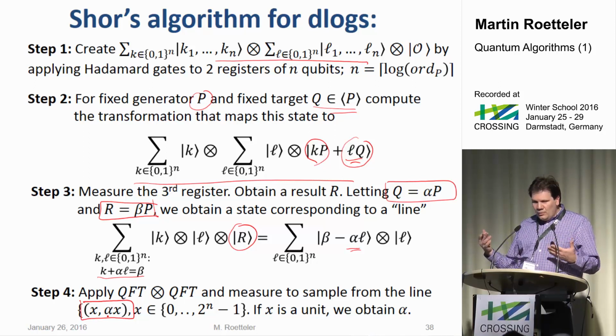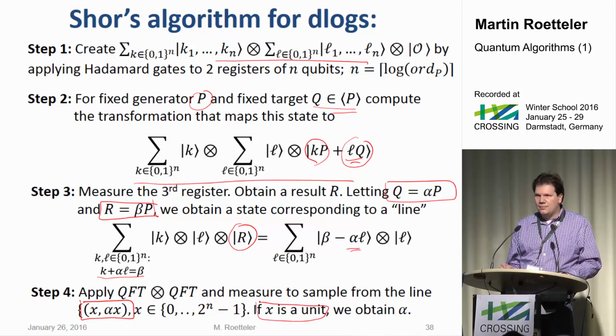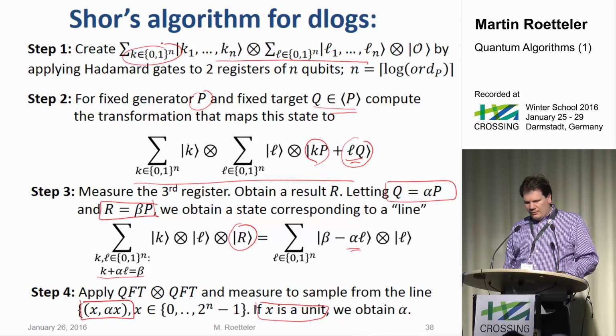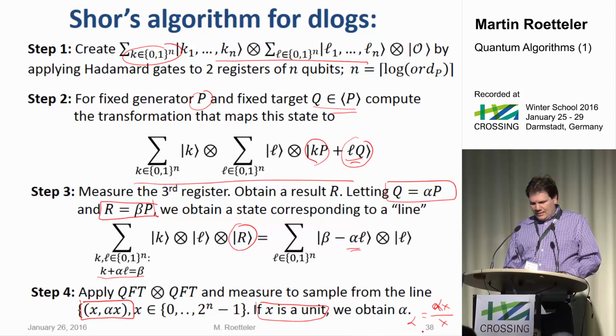And so now the only issue that could happen at that point is that x is maybe not a unit. If x is not a unit, modulo whatever domain you work in the first register, then you cannot just divide it off. If it is a unit, then you can just take the second value, alpha x, and divide it by x, and you get alpha. But it turns out, if you analyze it carefully, it's very likely you get a unit, and then you get the slope out of that method.